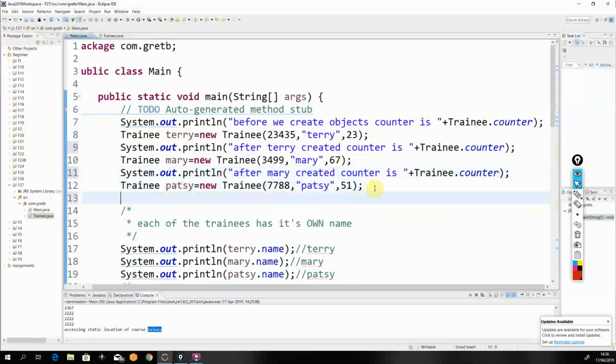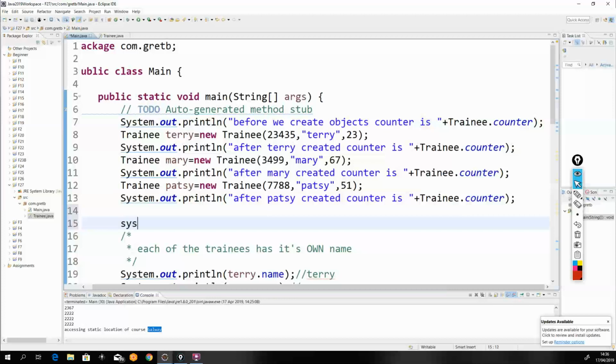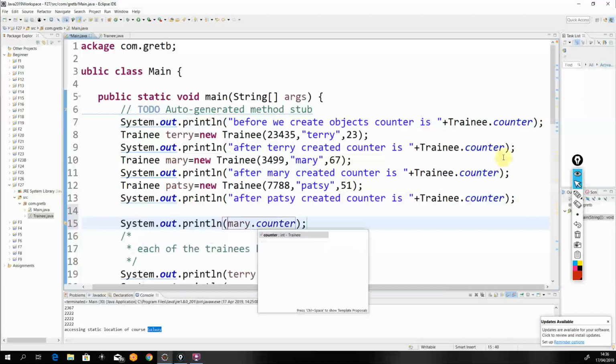And the last one, after Patsy created, counter is trainee.counter. Right? Now, to show you, if I go down here and go SYSO,